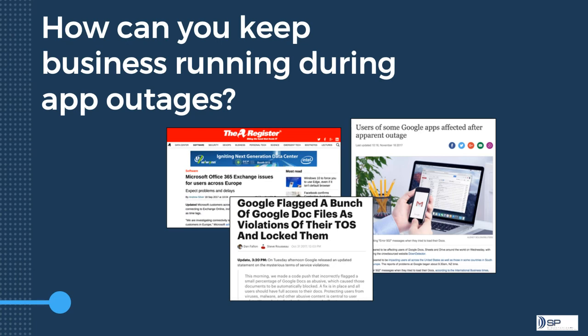So how can you keep the business running during an app outage? And yesterday was a classic example with Office 365. Take an example of a physio or a medical practice that may have a particular process or business critical document stored in OneDrive, and they need access to it now and they can't get it. Again, a fast and easy extraction of that data from an online backup storage is going to fix the issue or allow you to have access to that data whilst the Office 365 product is offline.